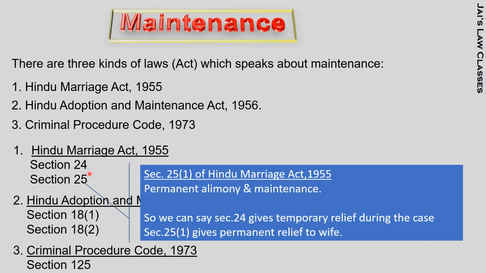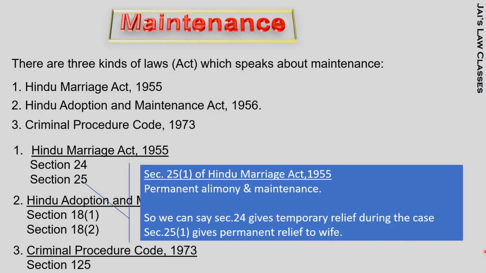Subsection 1 of section 25 says permanent alimony and maintenance to be given to the wife. So section 24 and 25 have a difference. We can say section 24 gives temporary relief during the case, and section 25 subsection 1 gives permanent relief